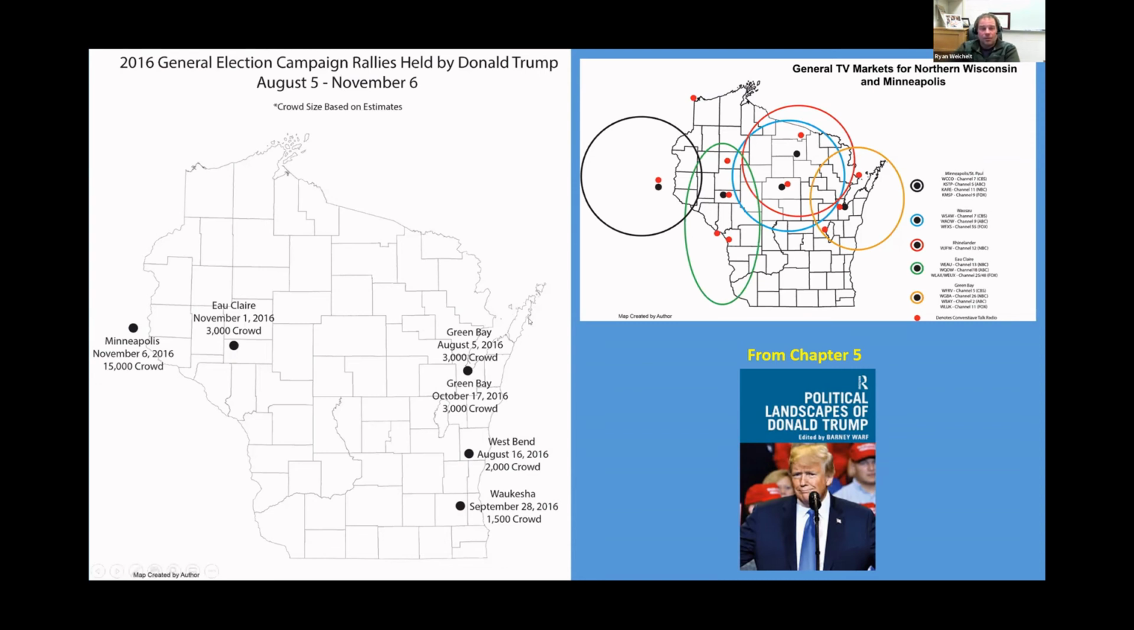And if you look at some of his campaign rallies between August 5th and November 6th, he went to 4 different places in Wisconsin and Minneapolis. And besides Waukesha being a very traditional Republican area, these other places were Republican leaning, but it was really to push some of that base out. And if we look at Eau Claire, those of you from Eau Claire, I see some of my former students here that might have been here when that occurred. It was pretty crazy times,